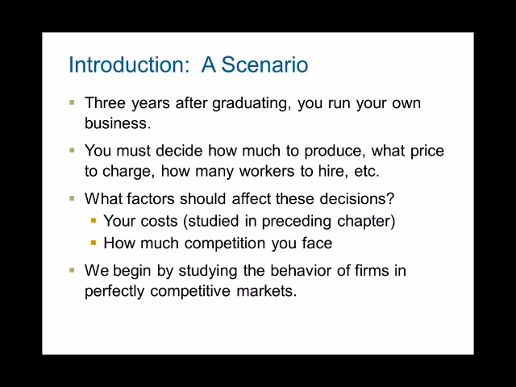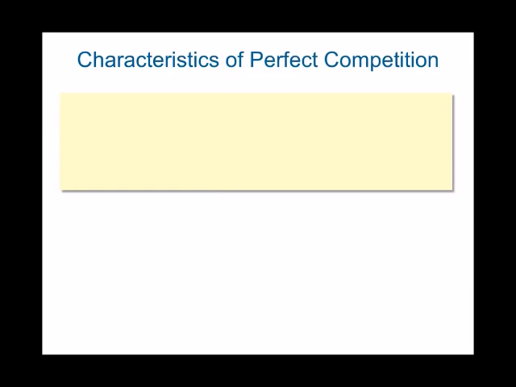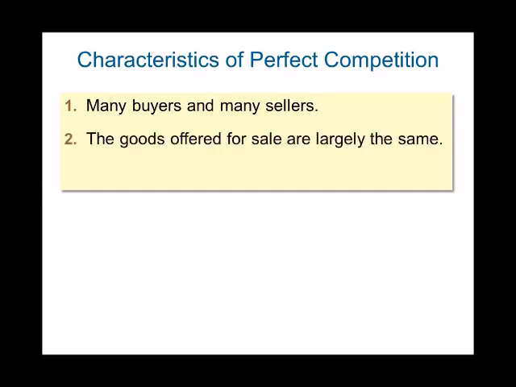This is just from chapter 4. We talked about perfect competition a little bit in chapter 4. Some of the characteristics are that there are many buyers and sellers. There are so many buyers and sellers that not one buyer or seller can affect the price. The goods offered for sale are largely the same. So basically, there's uniformity in the kind of products being sold. Mainly agricultural products have this condition. Potatoes grown by Farmer John are pretty similar to potatoes grown by Farmer Jim. There isn't much of a difference in quality.